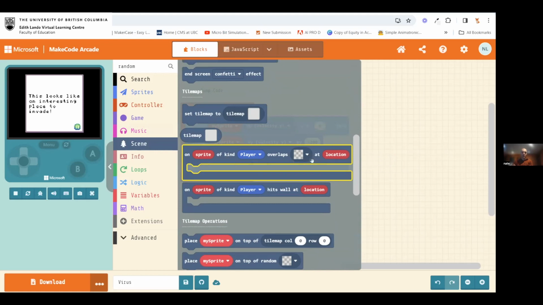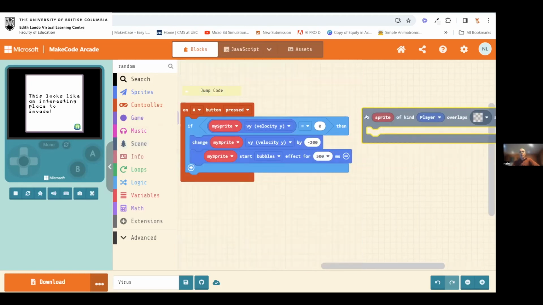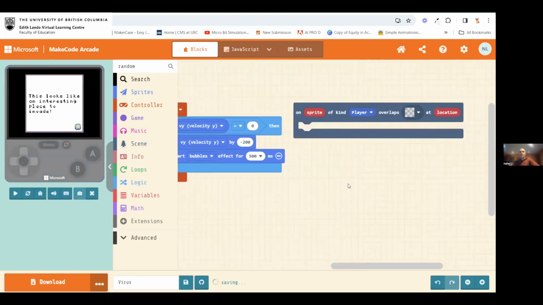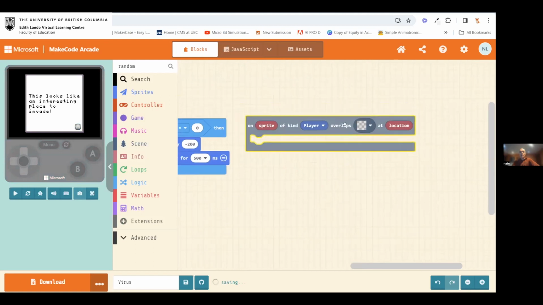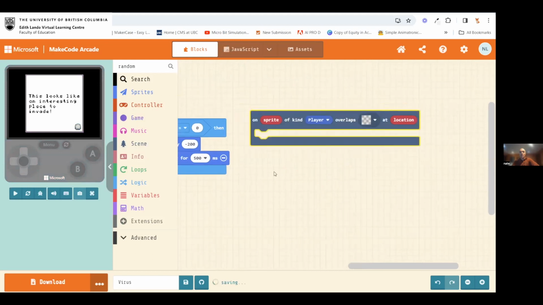It's this one right here. I know it sounds really long, but it's actually a fairly simple piece of code. So grab it, pull it out, and just put it right next to your on button A pressed. So I'm going to come over, and you'll see this code sits by itself. It doesn't have any other code that wraps around it or anything like that, which means it's generally a pretty